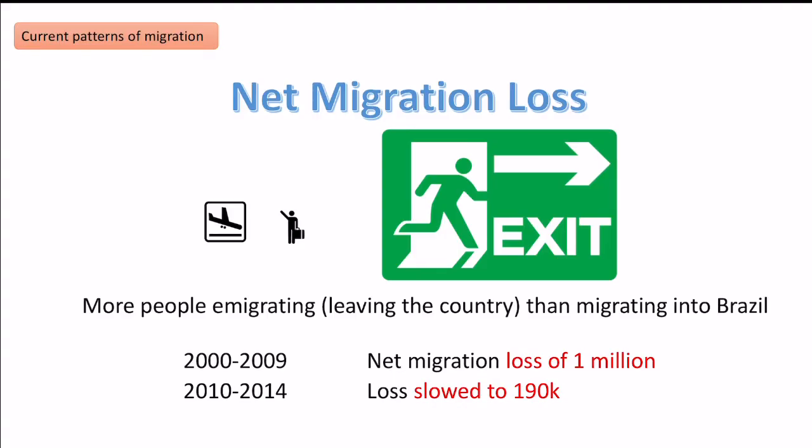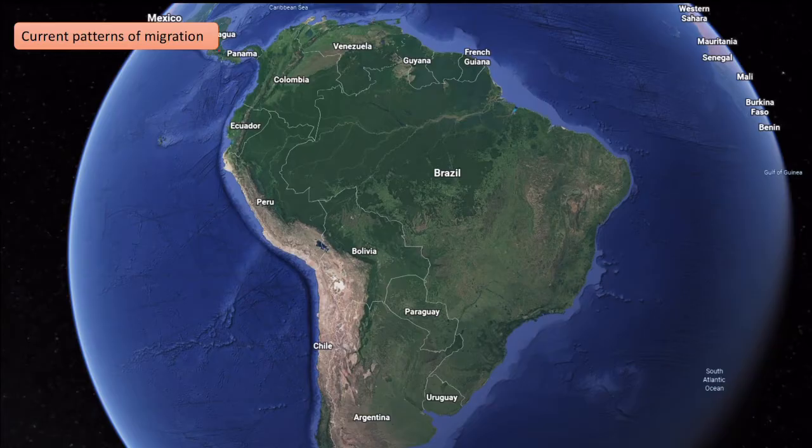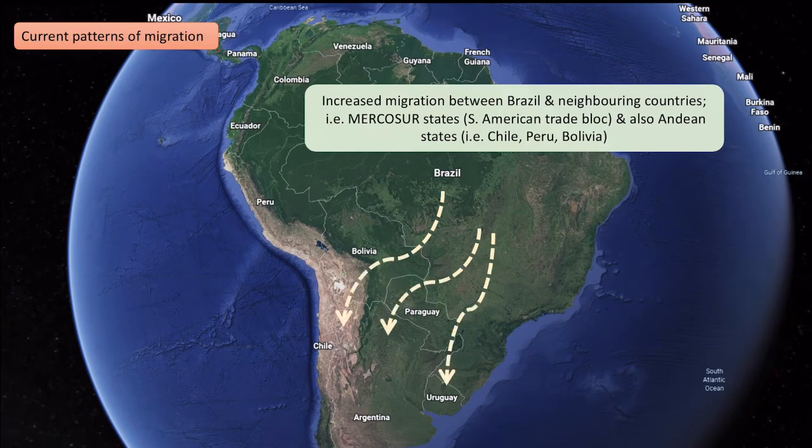than coming in. In terms of trying to explain some of those patterns, but also look at some of the patterns happening in terms of immigration and emigration, we can say that there has been increased migration between Brazil and neighbouring countries. Brazil is part of Mercosur, which is a trade bloc, which Argentina and Uruguay and other countries are part of. We're also seeing the movement between Brazil and some of the Andean states, so Chile, Peru, Bolivia. All of these are really good examples of south-to-south migration, which has obviously increased in recent years, and we can see that because they are neighbouring countries where it's much easier to move between those countries than to move into